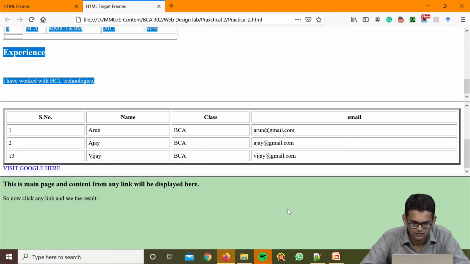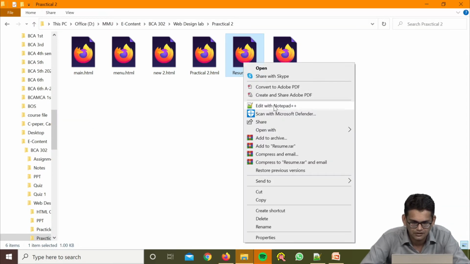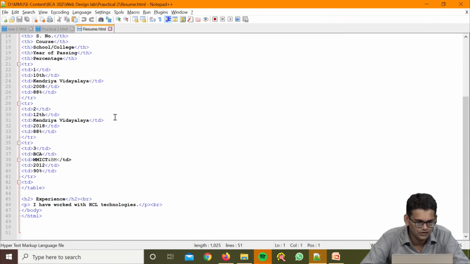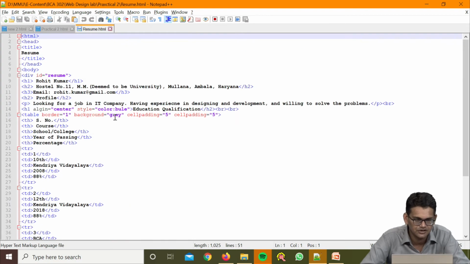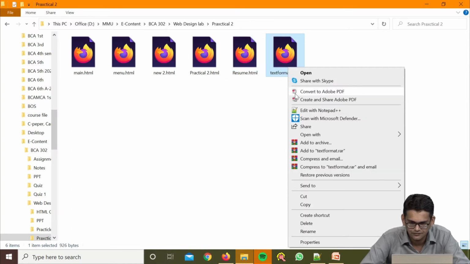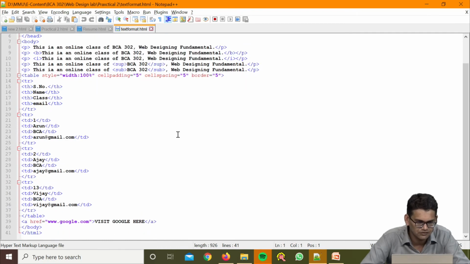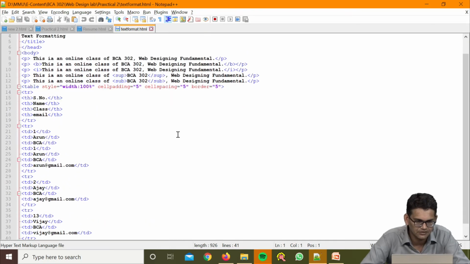If you want to see from where these pages are coming, you can see this is the code for the resume which we have done in an earlier class. This page is directly added to the subsection, and this one we have done in the previous lecture on how to do text formatting. So this we have done by creating tables, text formatting.